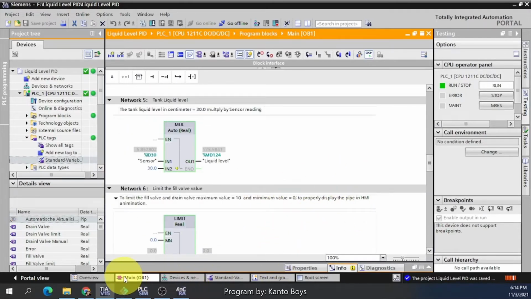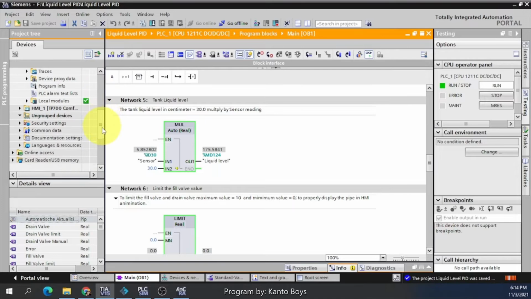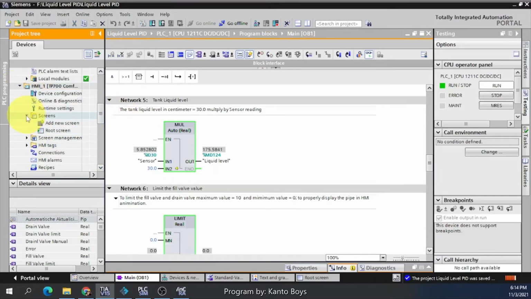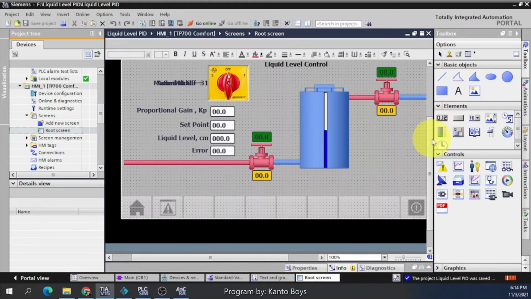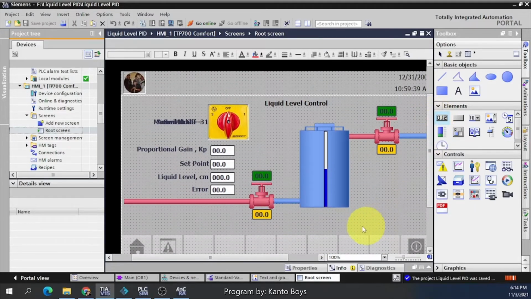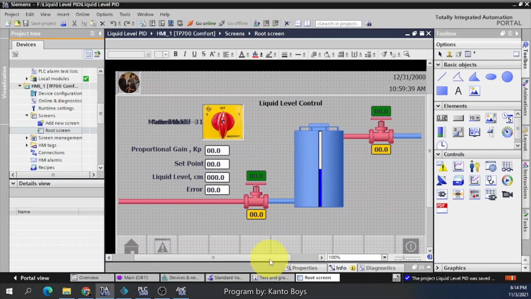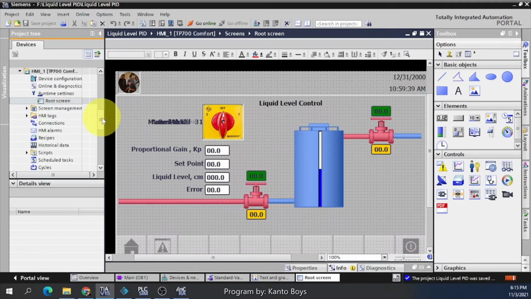Okay, so we go here in our HMI screen. This is my HMI screen. You can create graphics like pipes and bulbs.